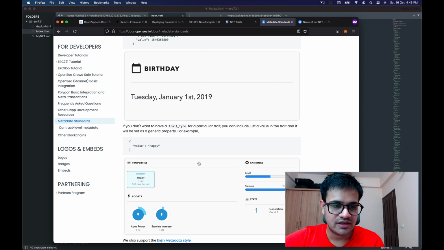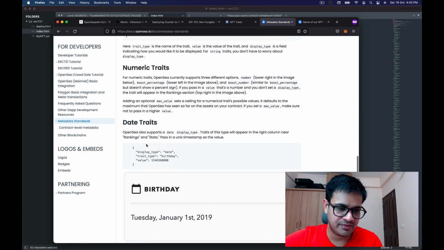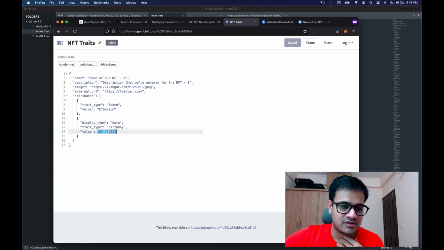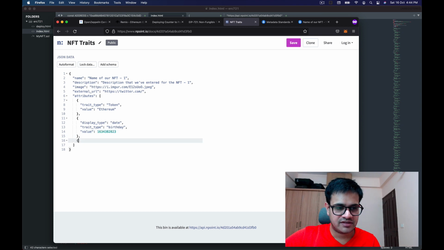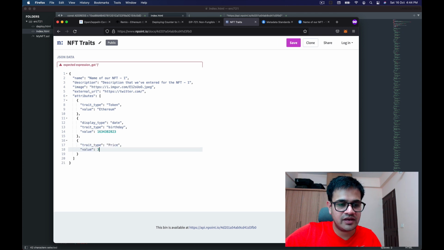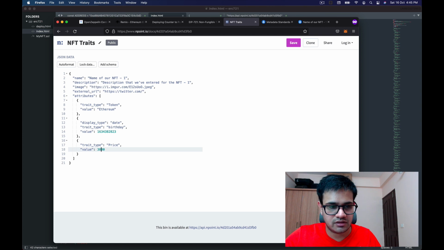Great. So now let's just add a few more. Let me add a birth date. So this is right now's timestamp, so I've saved that. Let's say we want to also add the trait type price, and the value will then be a number and not a string. It will be something like 392520 point, let's say 15.